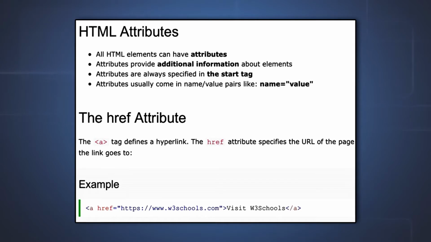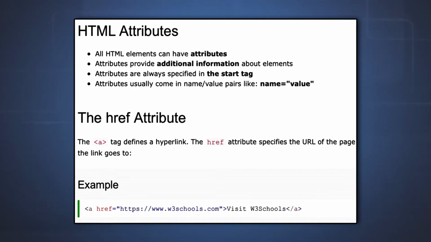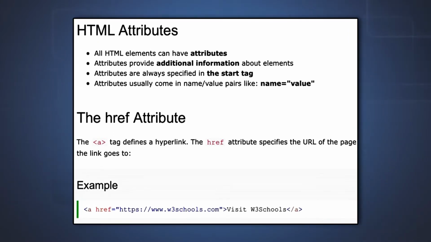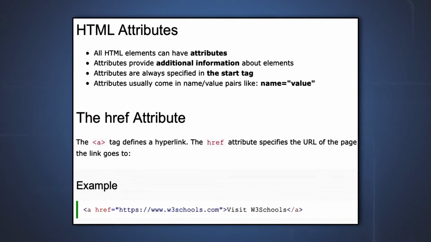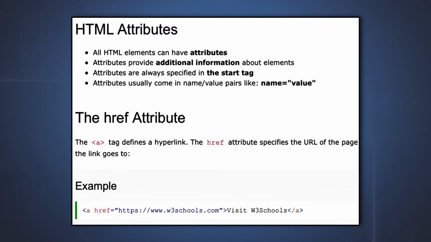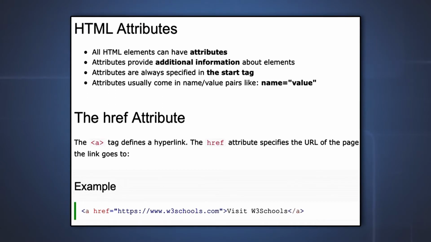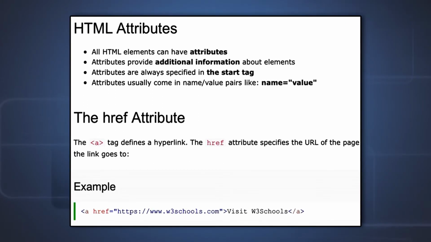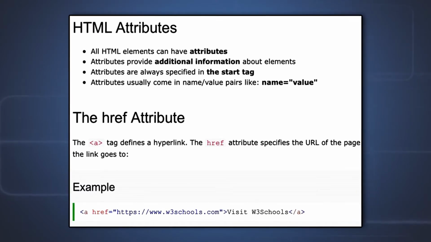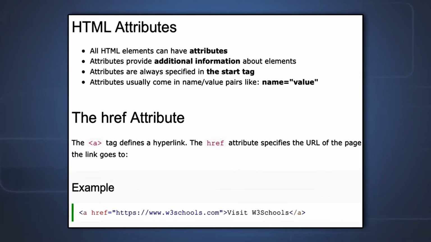One very important thing is that if we apply common sense, you consider an image. An image has several attributes: its dimension, its colors, what happens if it could not be displayed. All these are additional attributes that come under the image tag. From that perspective, you can always inquire, because you may not be able to find all the attributes that are possible for a particular tag. But if you apply common sense and think that this should be an attribute of this tag, then you will be able to definitely find it out.